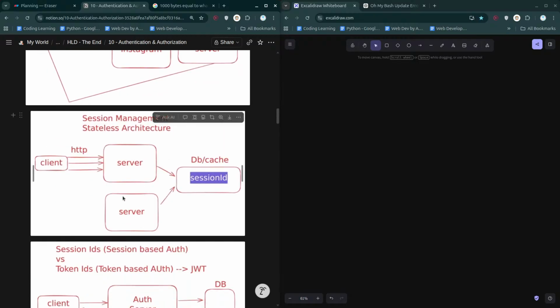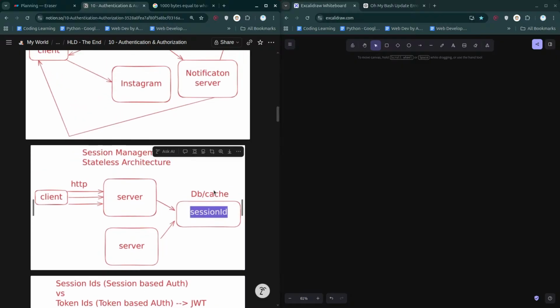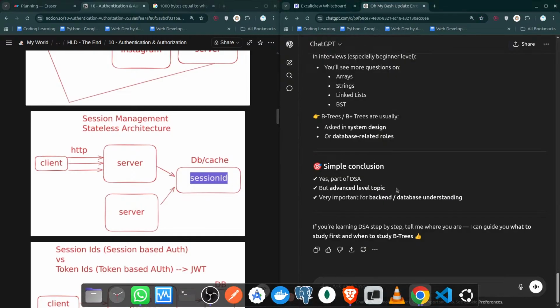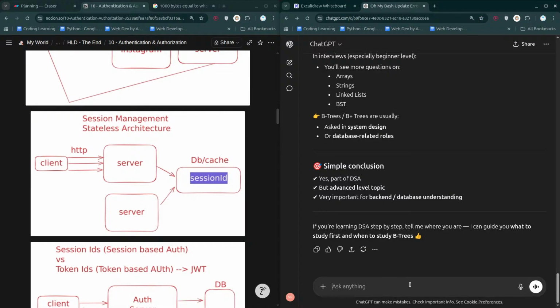Pretty simple. Session management: there are two types of sessions, stateless and stateful. Stateless, in the sense, suppose these are the two servers you have and you are not maintaining the data in those. I think this is also stateful, if I'm not wrong. Let me ask this. Even if it has been mentioned in the class, I'm not quite satisfied with this.